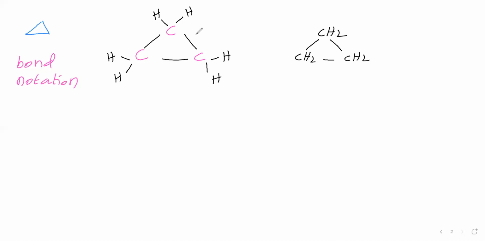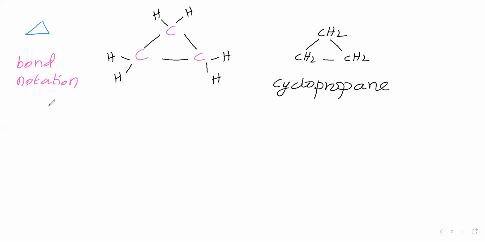Now what is the name of this compound that we will see in the IUPAC? Here carbon atoms are making a cycle, therefore we will say cyclo. In this cycle, 3 carbon atoms present, therefore prop. 3 carbon atoms means prop. Carbon carbon single bond, therefore ane. So the name of this is cyclopropane.